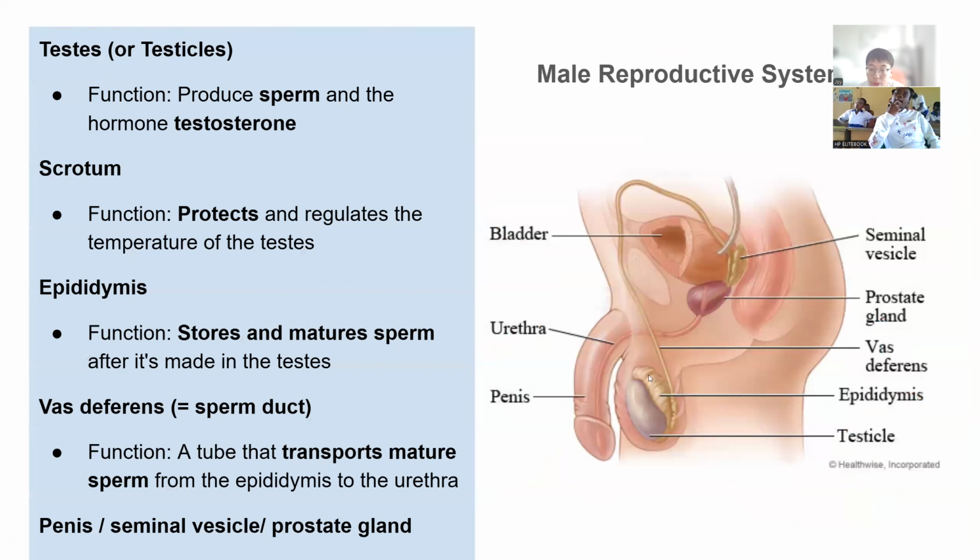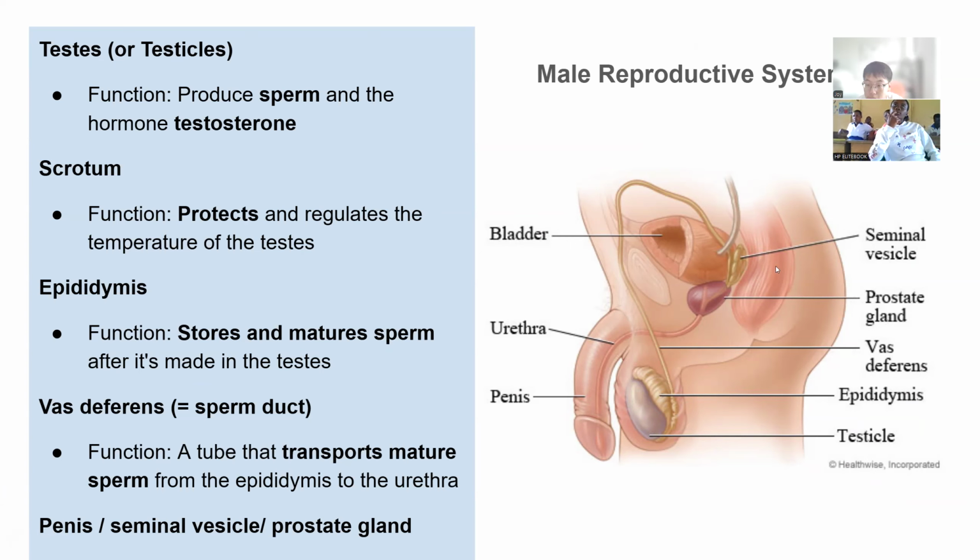And then we've also talked about the male reproductive system, where there are testes. The function is to produce sperms. Talked about the scrotum, which helps regulate the temperature of the testes. And then the epididymis, which stores the mature and matures the sperm. And then the vas deferens, which is also called the sperm duct, which is a tube that delivers